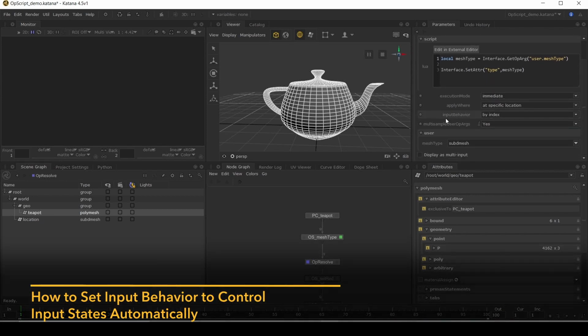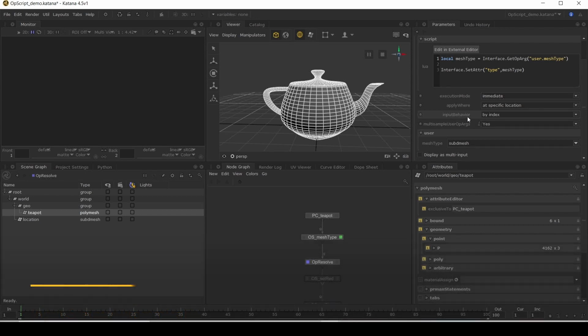Okay, and then the last thing is this input behavior, so by index. So what does this mean? Well, you can actually have more than one input to an OpScript, and you turn this on and it adds this little option here, and you click that button and you can add inputs to it. So why might you want to do that? Well, let's